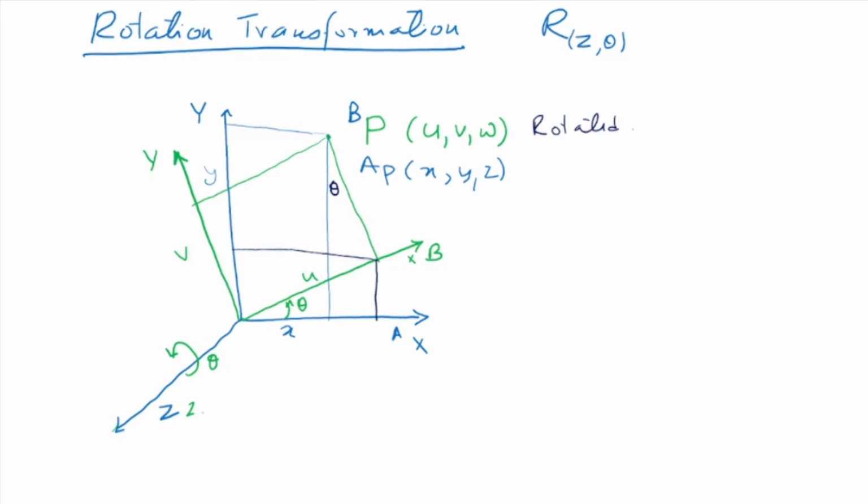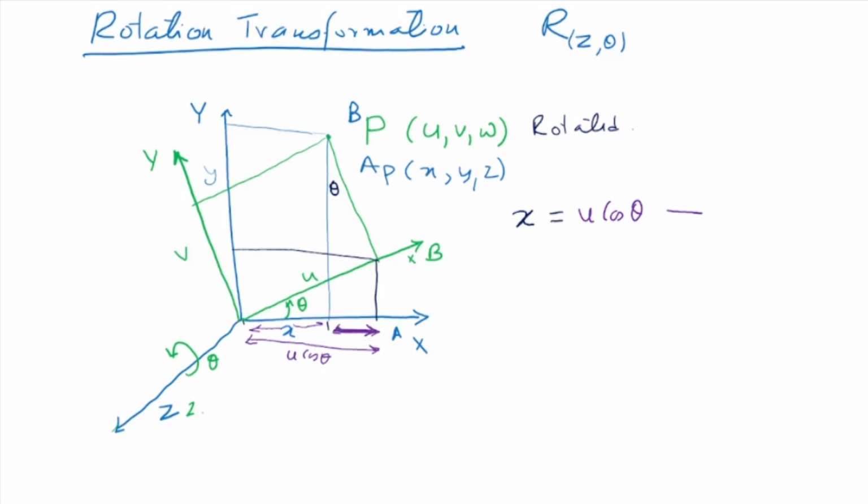Why do I need to do that? If I give you the coordinate in a rotated frame, you can find the coordinate in the reference frame. Okay, so let me write x is equal to, so what is x equal to? X is this distance. Geometrically, if you look at this, what is this distance equal to? It is equal to the full distance minus this distance. So x is this small distance here, right? So x is equal to u cos theta minus this distance.